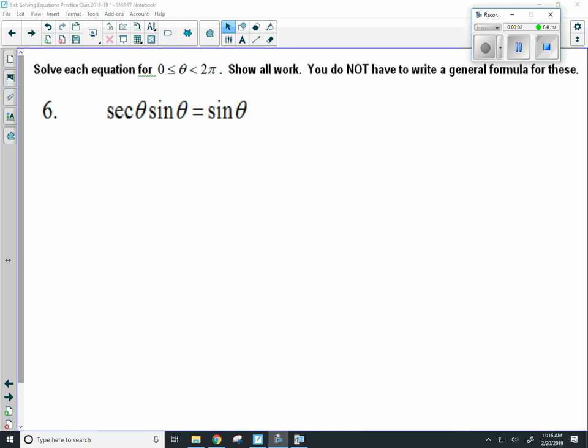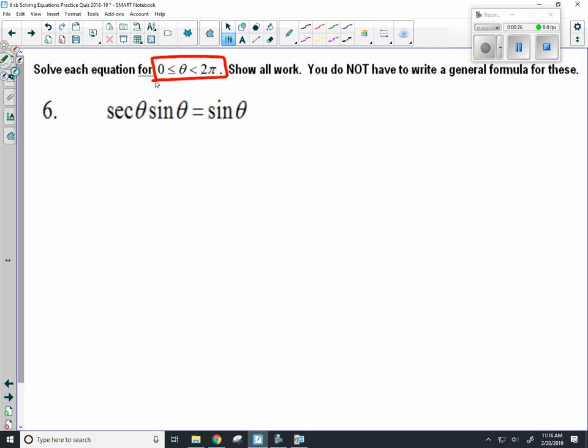Alright, so the rest of the problems on the quiz review have the directions solve for 0 is less than or equal to theta, which is less than 2 pi, which just means list out the angles that fit within one positive revolution of the unit circle. So no plus pi k or no plus 2 pi k. So if we start with number 6,